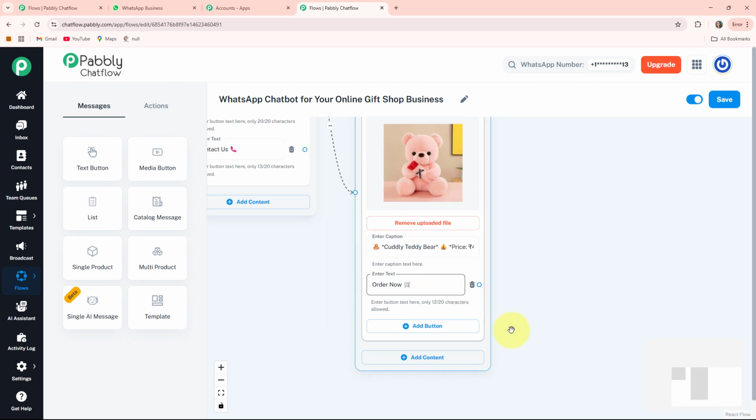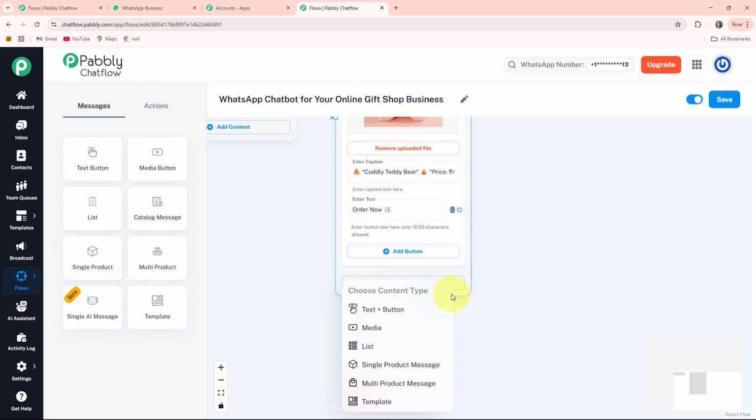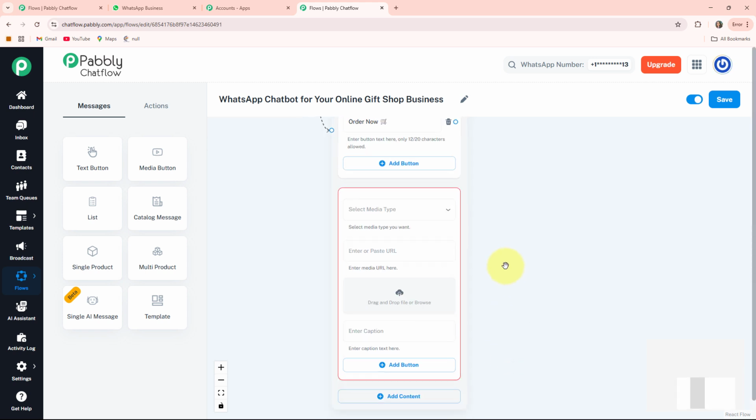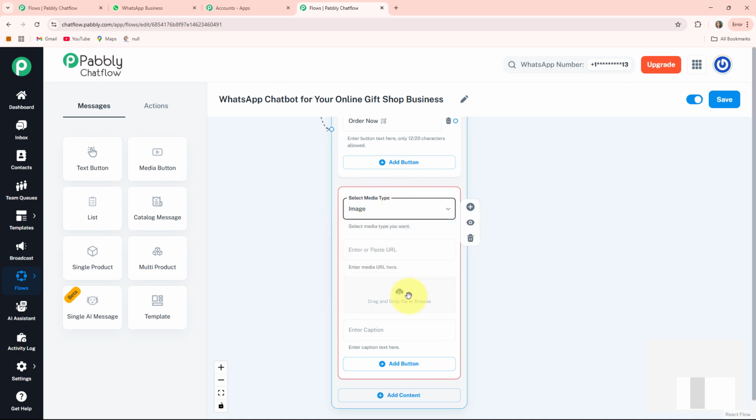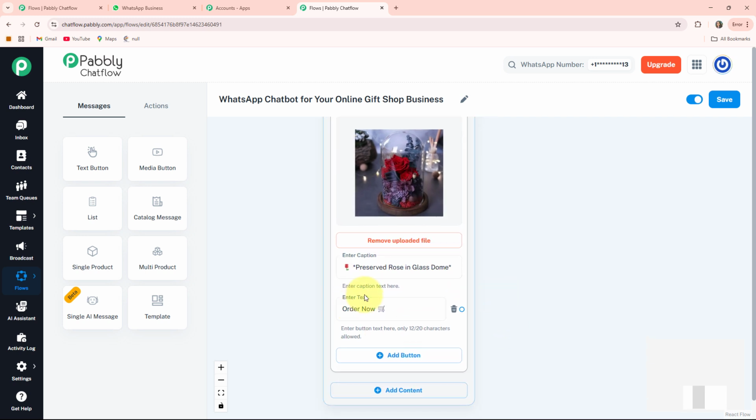Here I write it. Now I want to add some more items that are available in my online gift shop. So for that I am clicking on this plus add content button, choose content type as media button. It will provide me another box where I can select the media type as image and upload the image of another item that is available in my gift shop. Here I uploaded it, and also provided the name of this item, that is preserved rose in glass dome, and one button,